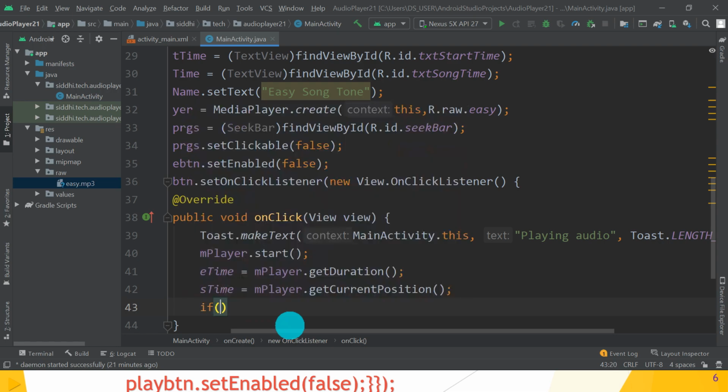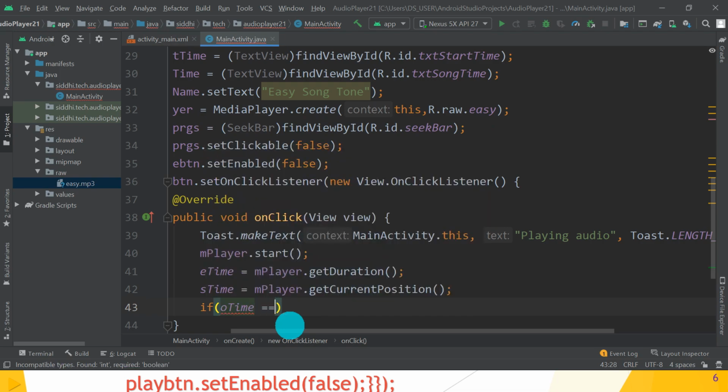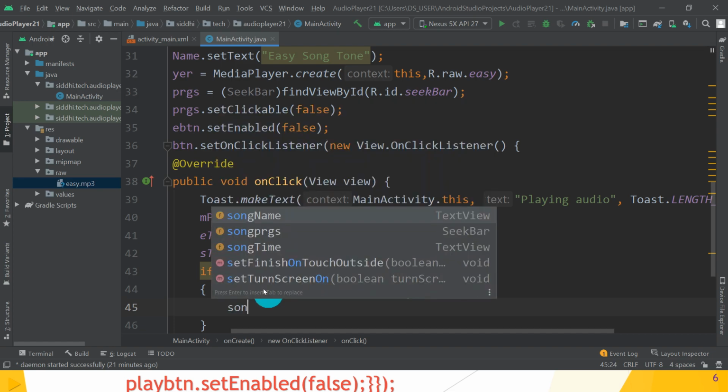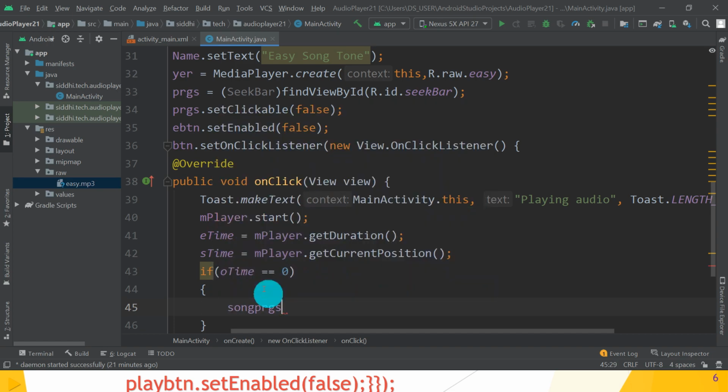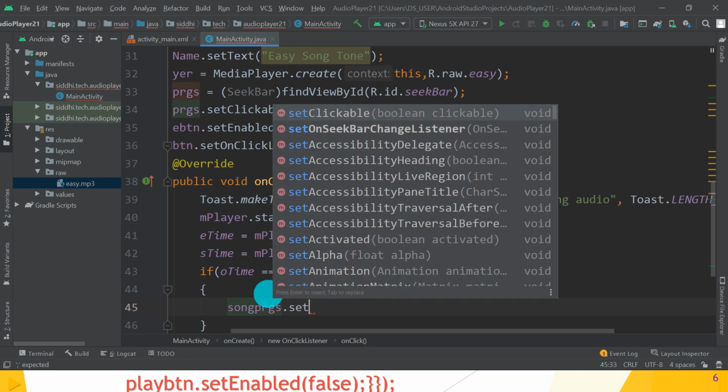If oTime is equal to 0, that is, oTime is initially 0, so this condition is true initially. If this condition is true, songProgress.setMax.